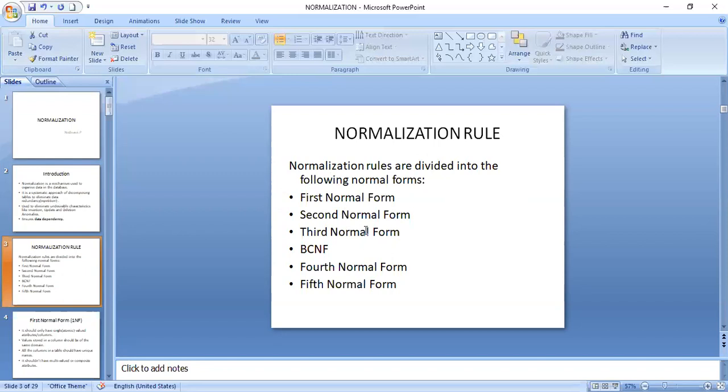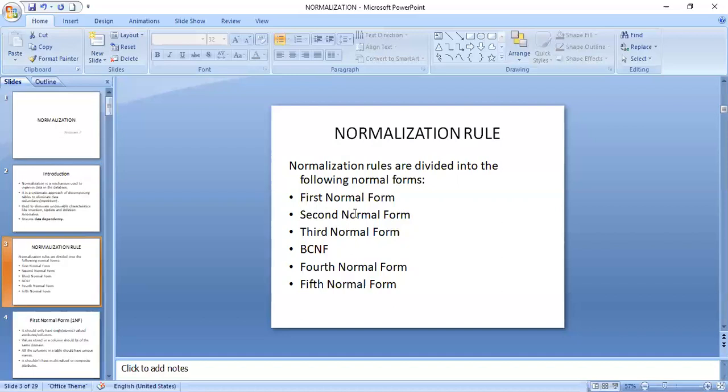Is this clear? So by using these various normalization rules, 1NF, 2NF, 3NF, BCNF, 4NF and 5NF, we will be storing the data in the database. As such, we can retrieve only the relevant data from the database.